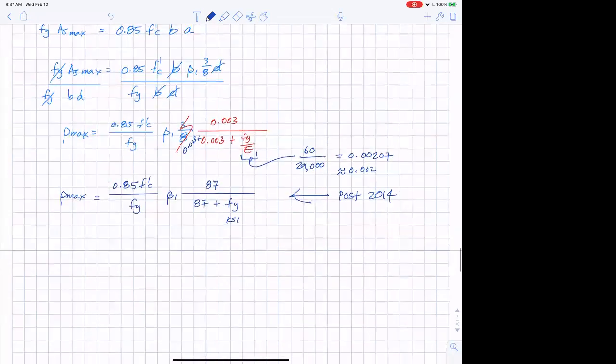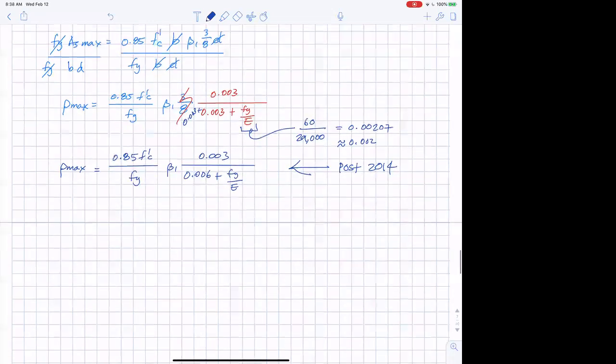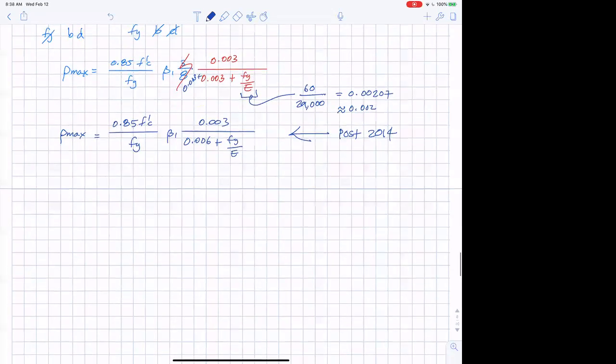I am sorry. So let me, I don't want to redo the video, so I'm just going to fix this right now. So that's 0.003, 0.006 plus Fy over E. And so that's it. And then finally, if it bugs you to have all those 003s like it bugs me,